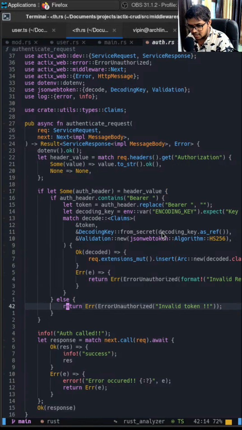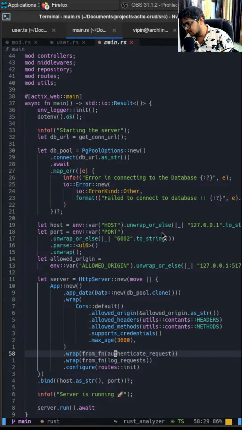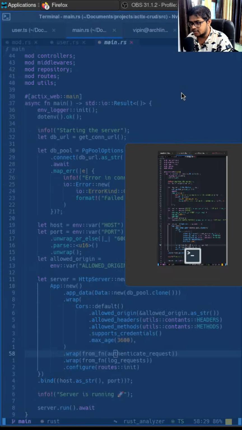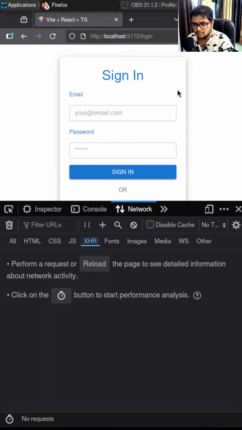Earlier I was thinking to create a separate API endpoint that will check, but I think this is good. Any API that I hit from the front end, it will just validate it and return unauthorized in case the token is expired or something. It will validate the token and all. Okay, so let's see if I can get a token. Let's hope I can get